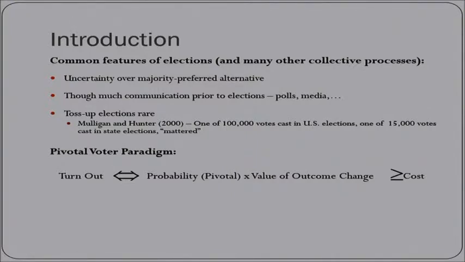Now, the pivotal voter paradigm suggests a very simple cost-benefit prescription for how you should show up to vote. Essentially, the essence of the pivotal voter model says that you turn out if and only if the benefit is bigger than the cost. What's the benefit? The benefit of voting is your probability of actually affecting the outcome of the vote, which is the probability that you're pivotal, times the benefit of affecting the vote, conditional on being pivotal. So this is the main calculus.